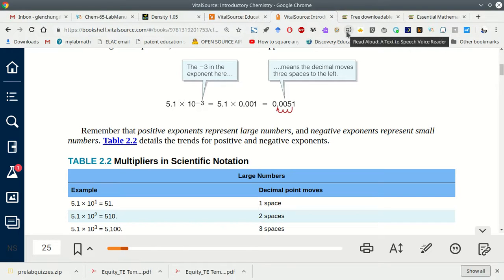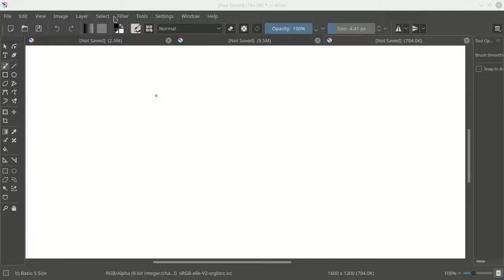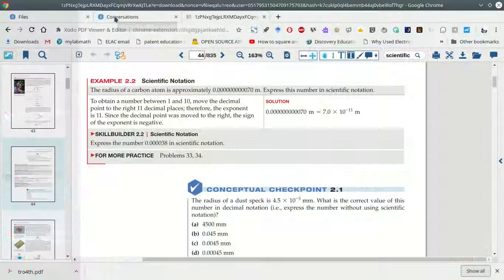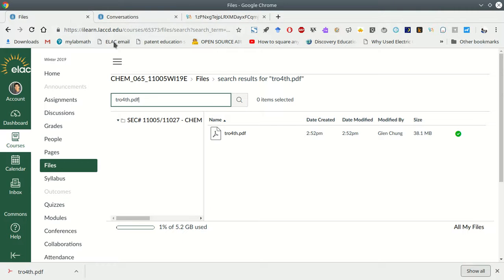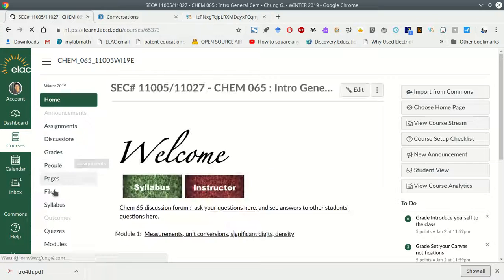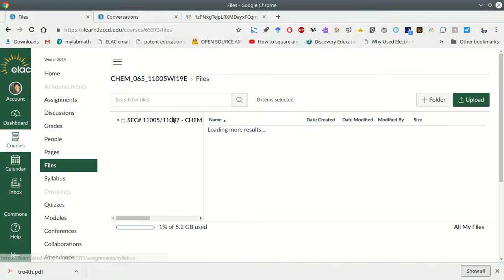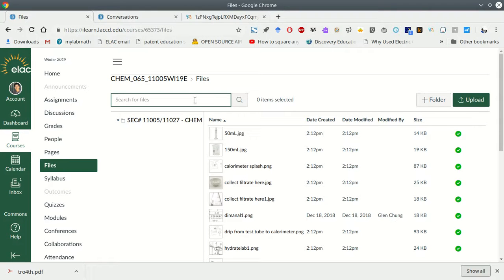Many of you, probably most of you, should do more problems than what I assign for homework, and this is where you could find those more problems. If you go to the Canvas, there is a tab called Files on the left. If you click on Files, you will be able to search for the document called